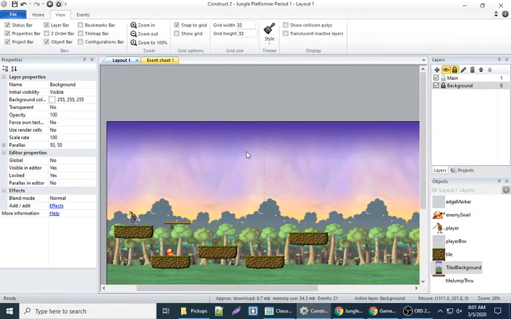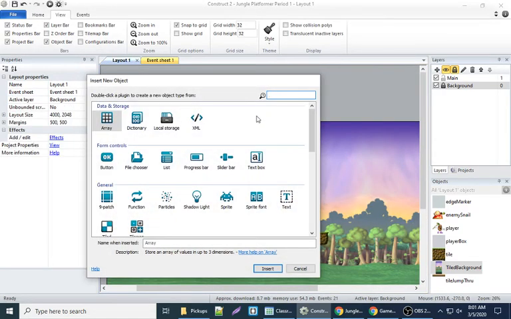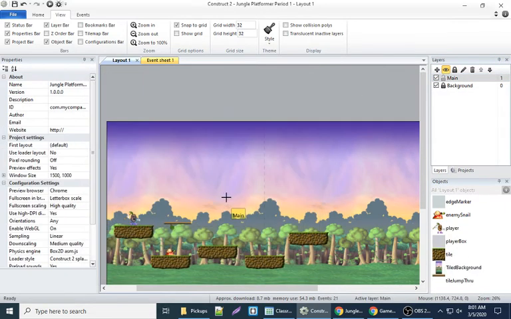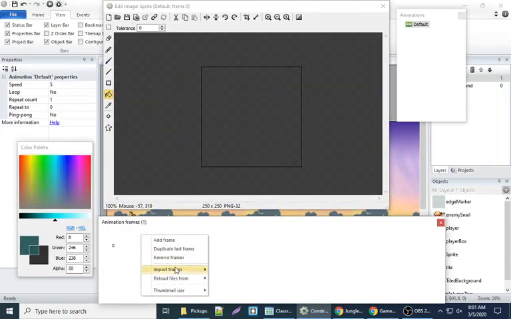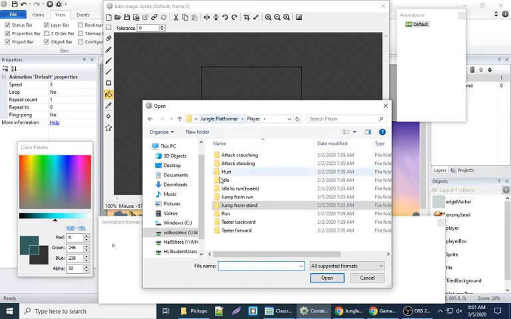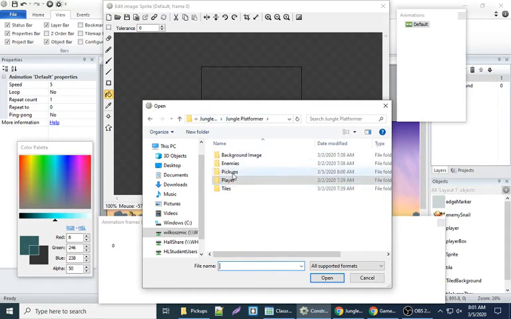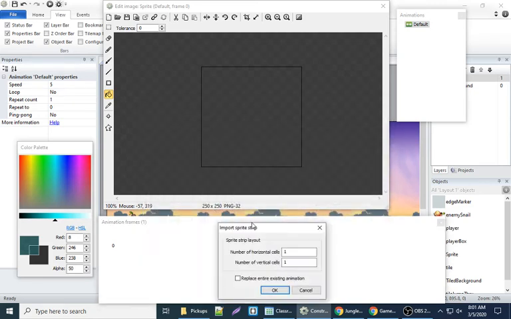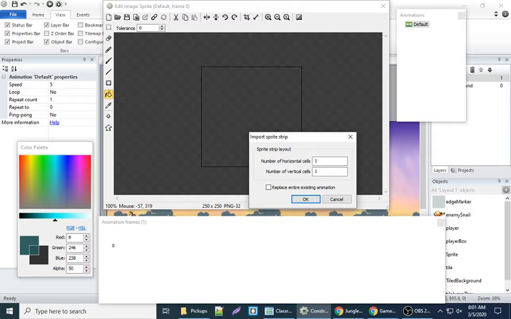So if I go back to the layout, I'm going to insert, I don't want to be on the background layer, back on the main layer, I'm going to insert a new sprite onto the main layer, import frames from sprite strip, and I'm going to go back to pickups, and I'm going to get pickup set number 1. Okay, now here, the pickup set number 1 is 1, 2, 3, 4, 5, 6, 7, 8 horizontal cells and